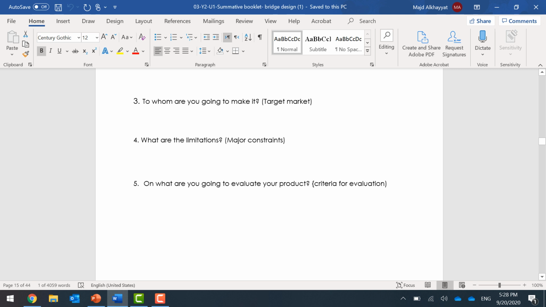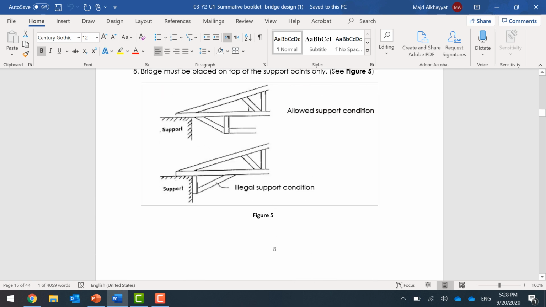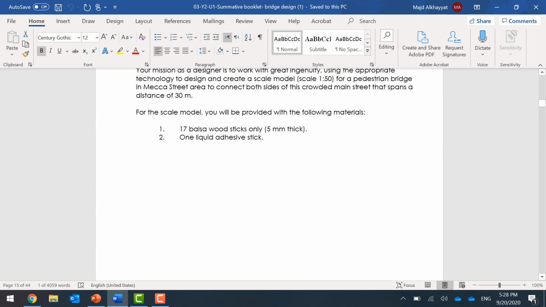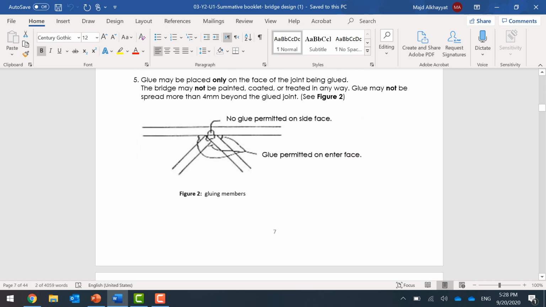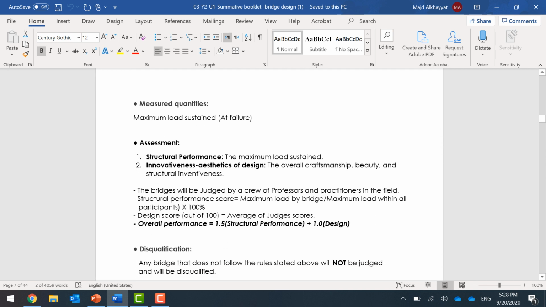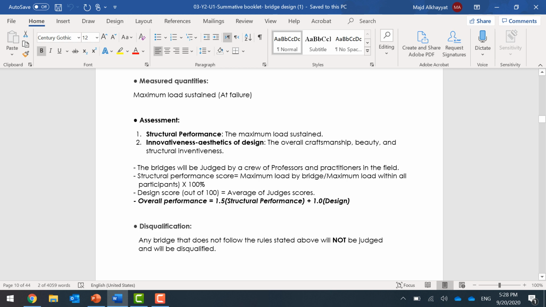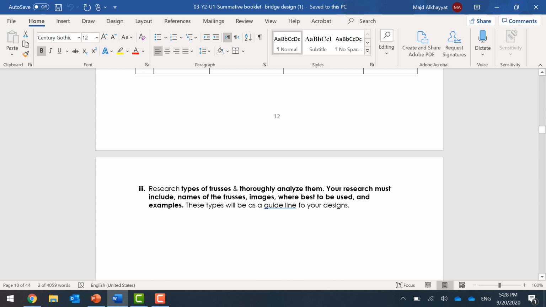Please pay attention to question number 4 and question number 5, as you will find your answers at the beginning of the summative folder in this part. You will find the design rules, which are the limitations, and you will read this paragraph and this part to understand how you will